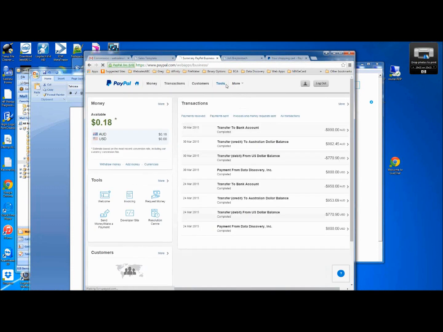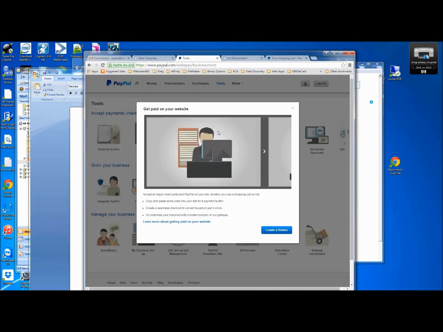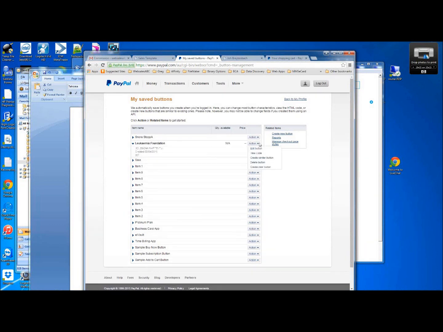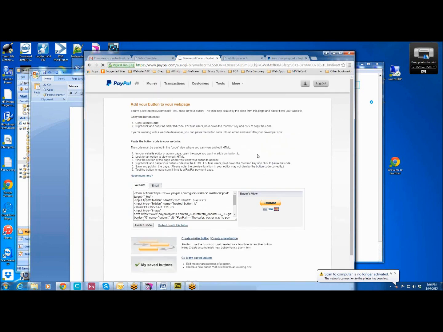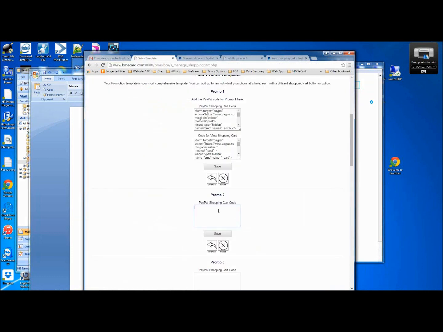Great, so I've actually set up a donation button early on, and it is exactly as easy as creating the Pay Now button. It's actually easier. But I've created a donation button for Leukemia Foundation. I go view code, select the code, right click and copy it, and now I'll go back and just paste it in my promo